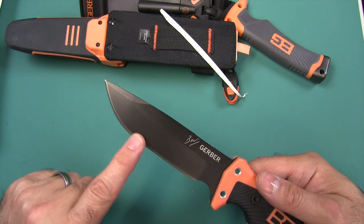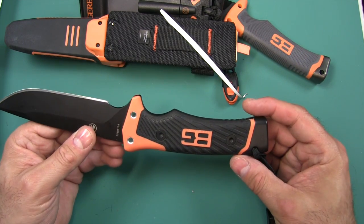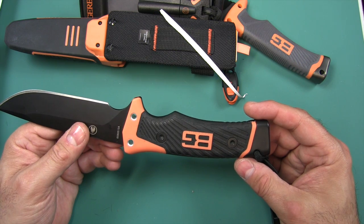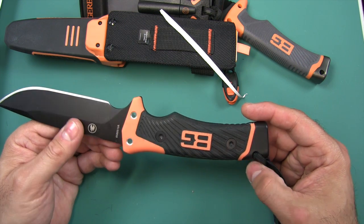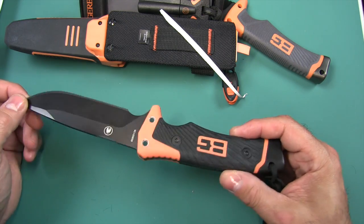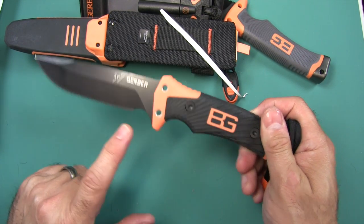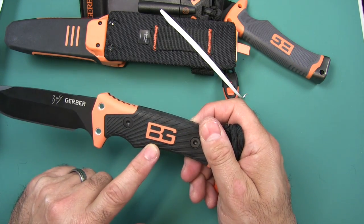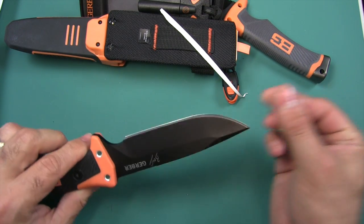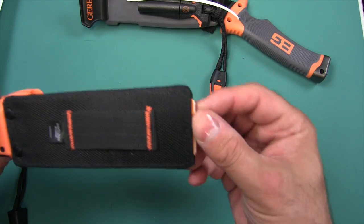Nice little belly there, not too much. Just a perfect blade shape. Sort of, they drew upon the LMT, I think it's called, the Gerber LMT, for blade design and everything, but the size is just a little bit different. And again, Bear Grylls all over it, but that's why I'm using this really as a collector's piece, because a knife like this,